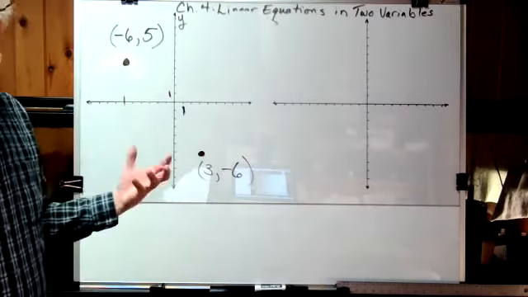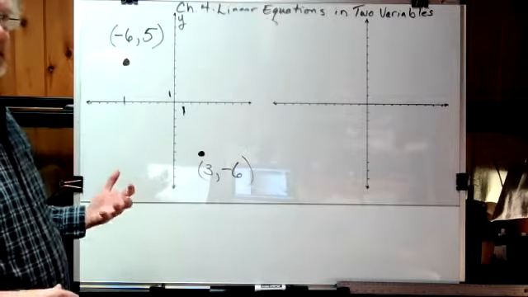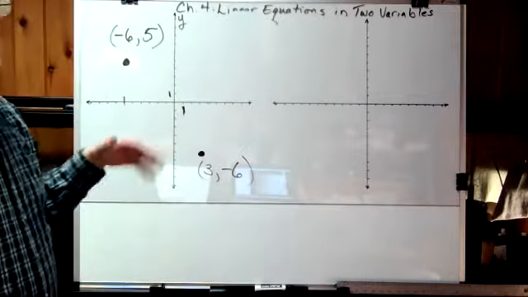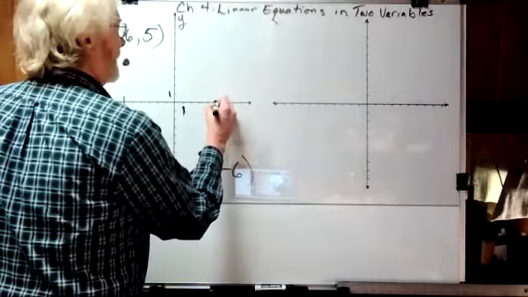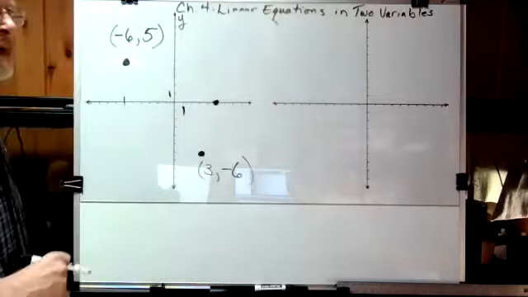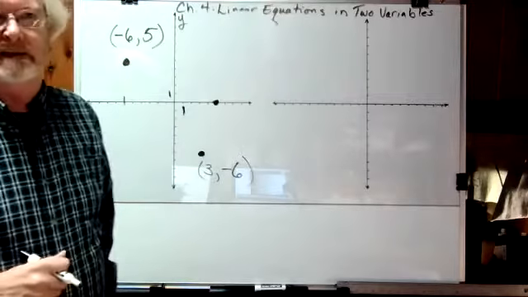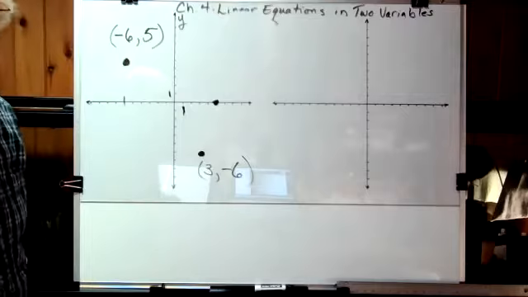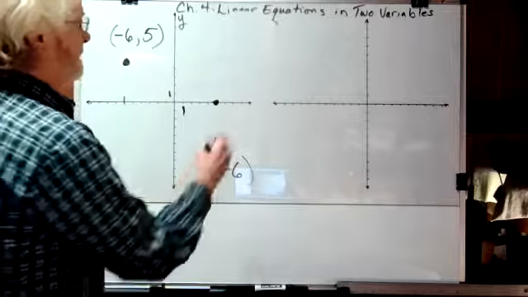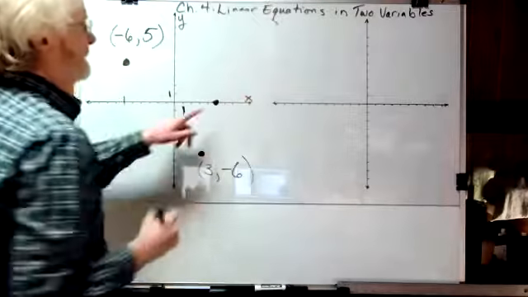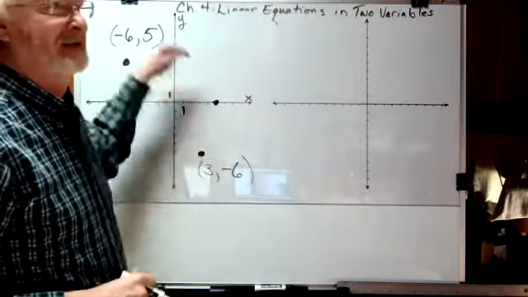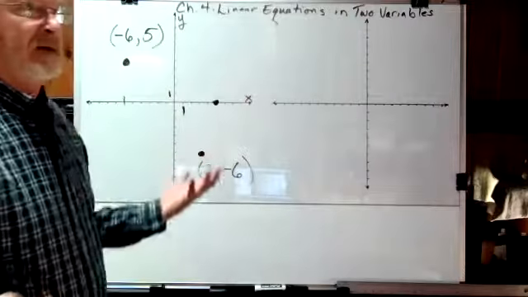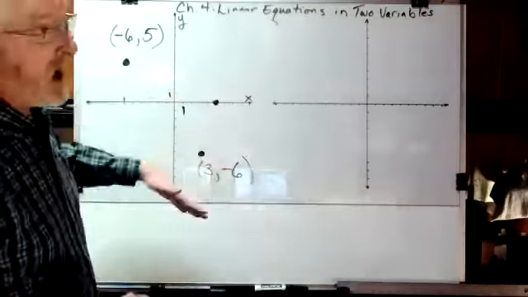If I've got a point that's on one of the axes, that means I didn't travel up or down or sideways, one of the directions. So one of those values is always 0. We refer to that as an intercept. It sort of intersects, right? Intercept that axis. This would be a point that is an x-intercept. It's intersecting the x-axis. So its coordinate will always have a y value